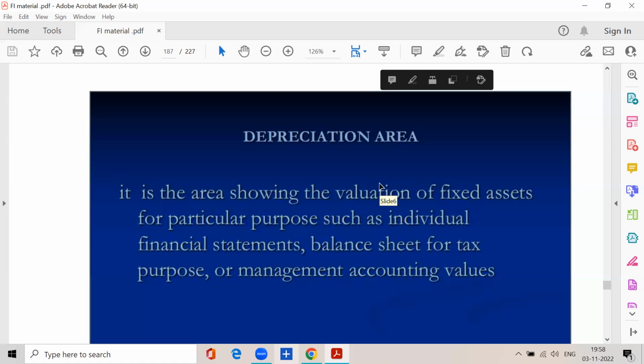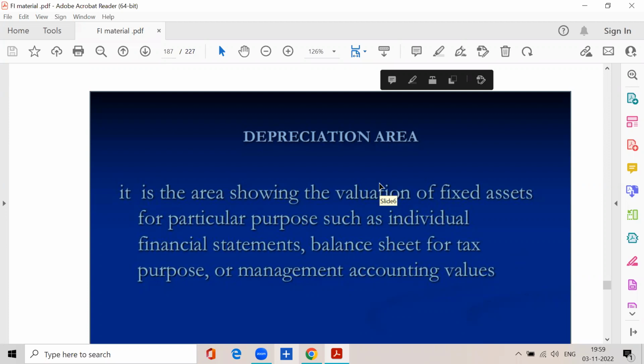That is called one depreciation area. Sometimes, if you want to take capital budgeting decisions, what is a capital budgeting decision? Analyzing the revenues from the purchase of assets. Means while purchasing assets, you have to take a decision whether you have to purchase this asset or not. For that, we consider a number of parameters, and a number of methods are there. So as a part of that, analyzing your capital expenditure,